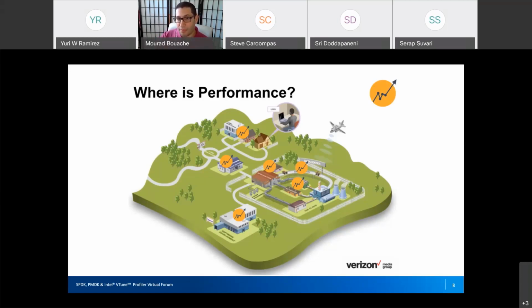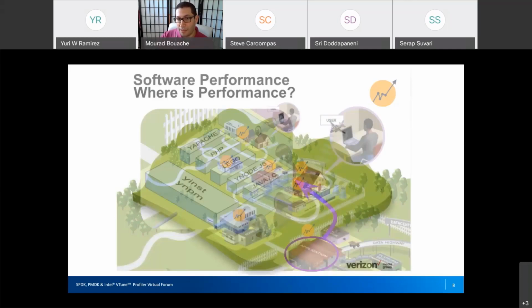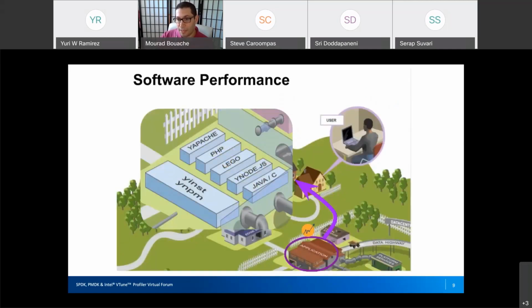So performance is everywhere, and if we zoom a little bit on the application, the performance is also through the application, because most people, especially developers, I don't want to make enemies today, think about functionalities and deadlines, but they don't think about security and performance. So I think these forums and conferences will give good exposure about how software performance is connected to software development. It's part of the life cycle of performance.